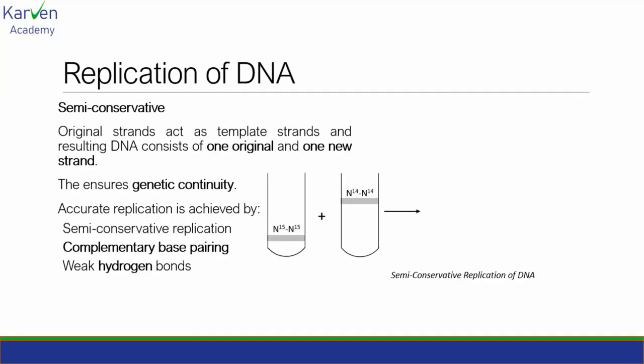So when they added, they found that the resulting DNA consisted of N14 and N15, rather than two bands of N14 N14 and N15 N15. This was symbolic of semi-conservative replication rather than conservative replication, which would have meant there would have been two bands. And to confirm this, they added this resulting solution to N14 N14 again, the light DNA solution,